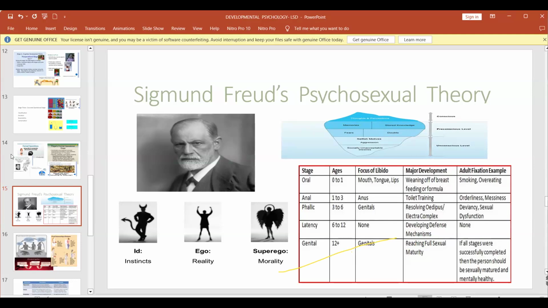Right. I will get one of you to talk about the 3 components of personality. I'm listening. Right or wrong, it doesn't matter. Give it a try. Can one of you talk about the 3 components of personality?